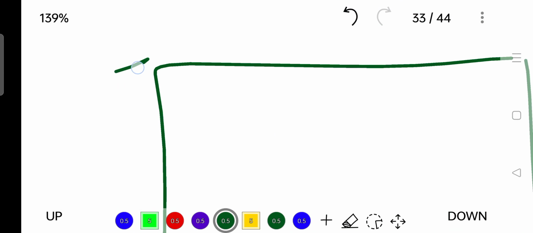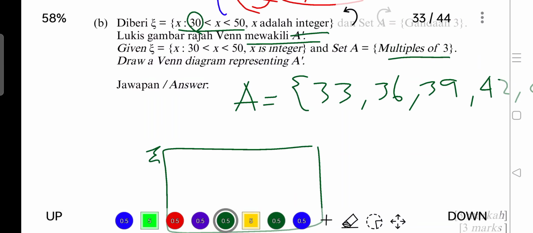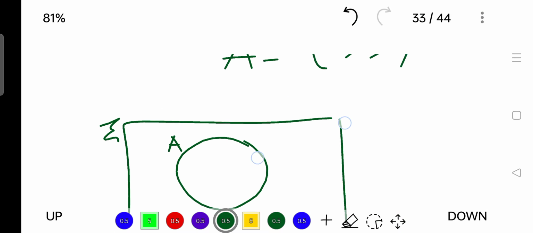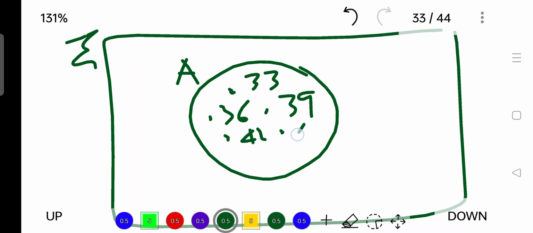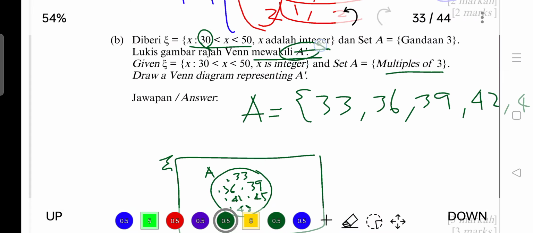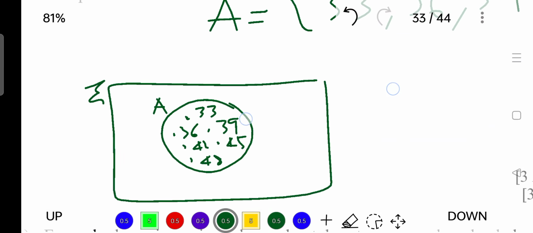You have to have the square, you have to have the universal symbol, and you need to draw A. What is A? A is 33. Just write down everything that you had just now: 39, 42, 45, 48. And because they want the A complement, you need all of the other numbers, which